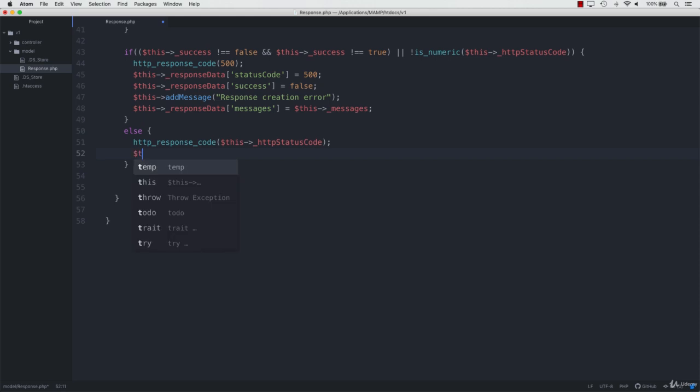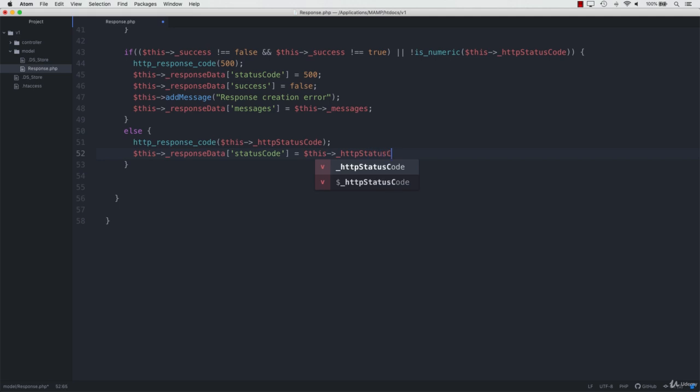So we need to display or send the status code in the JSON response. So this, okay, and we're building the response data here. Response data, and it's an array. Status code, and instead of setting it to 500 like we did before, we'll just use this same variable. So this, and then it's underscore HTTP status code,